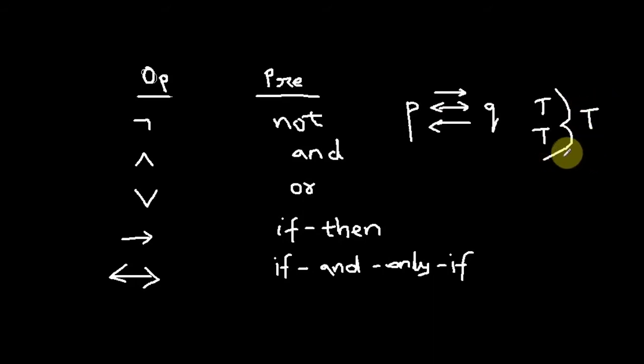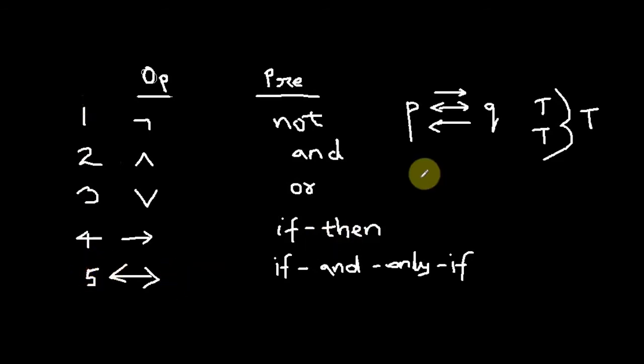If you want to know about these operators, the logical connectives that connect at least two variables, simply watch my previous videos and then you will understand how this works. But right now we are talking about precedence. So first comes not, second comes the AND operator, third comes the OR operator, then next is the implication, and then biconditional.